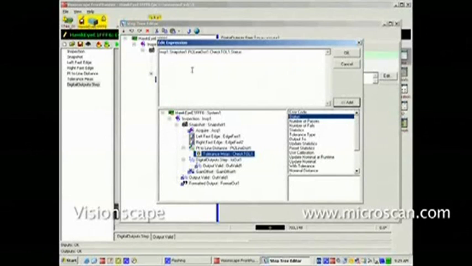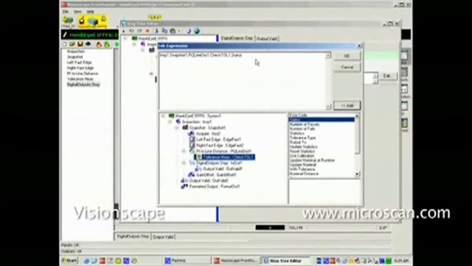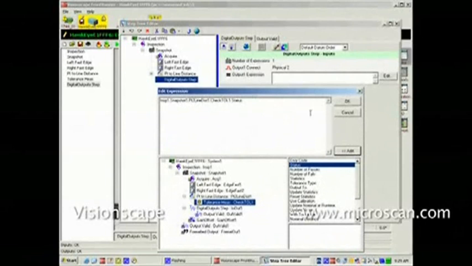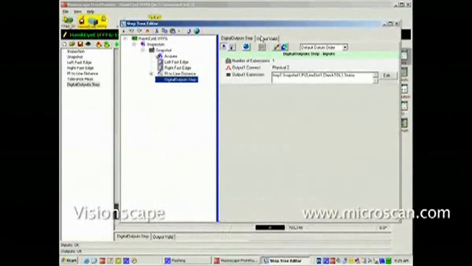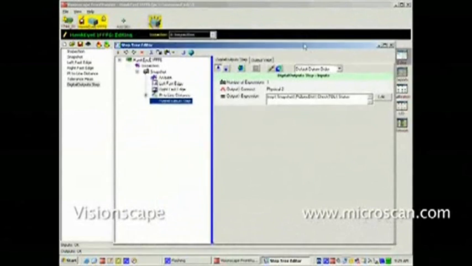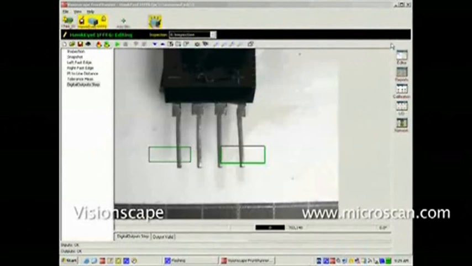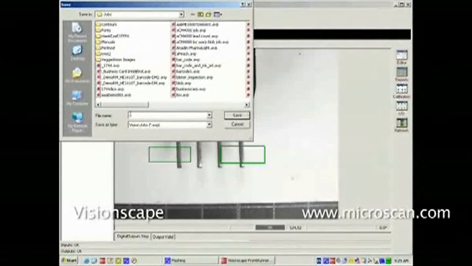The value of that datum will be evaluated. If it evaluates to true, the output point will be set to on, and that's what I want to happen, so the output is on if the part passes. So we'll say OK there, and we're all set to run this job. Clear up a little bit, save the job. You might want to use it again, give it a name,